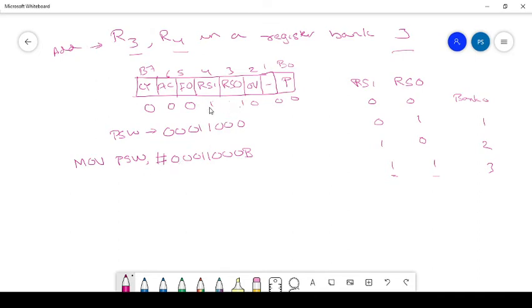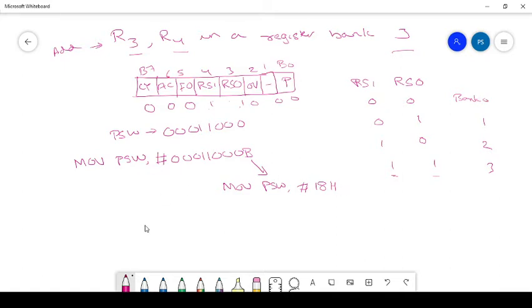That makes RS1 1 and RS0 1, which selects register bank 3. Or you can write the same in hexadecimal: MOV PSW, #18H. 0001 1000 is 18H. So that selects register bank 3.